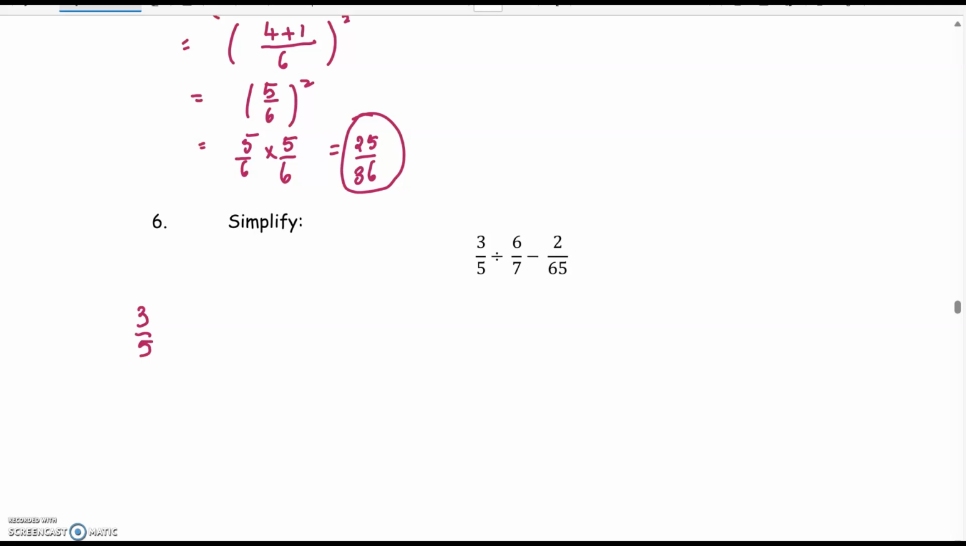Three-fifths. And remember, PEMDAS, we do division before subtraction. Always multiplication and division before addition or subtraction. So we have 3/5 times 7/6 minus 2 over,